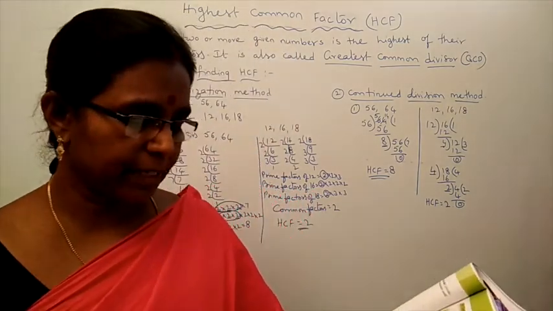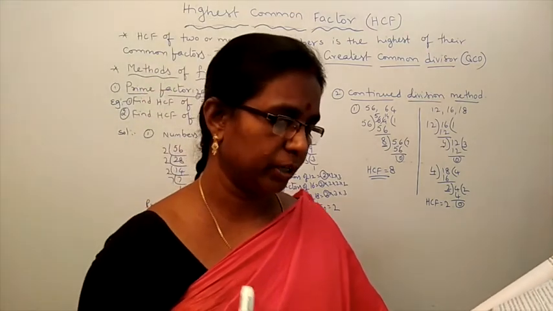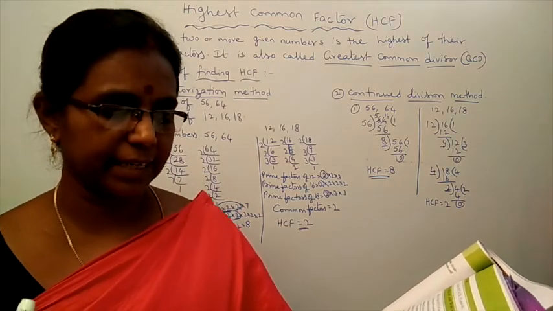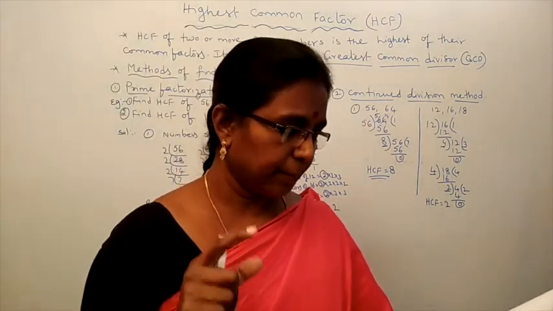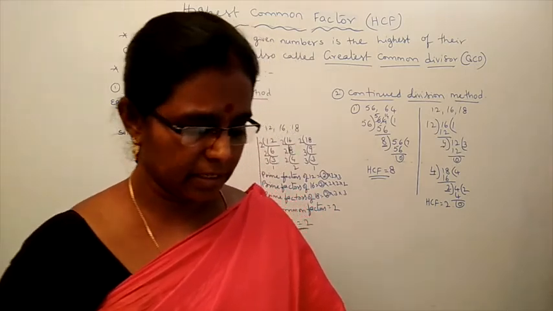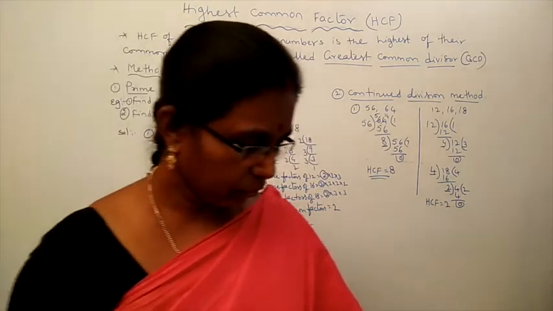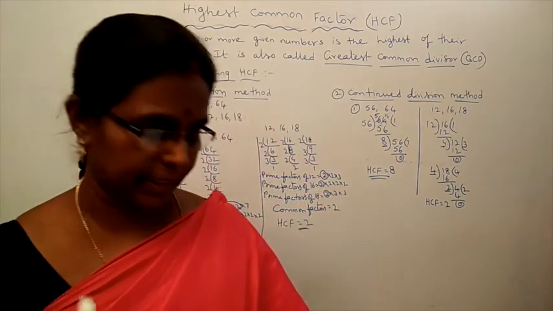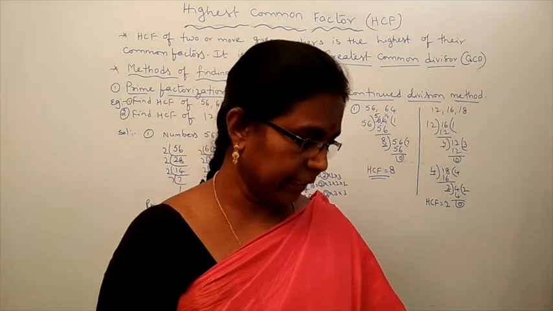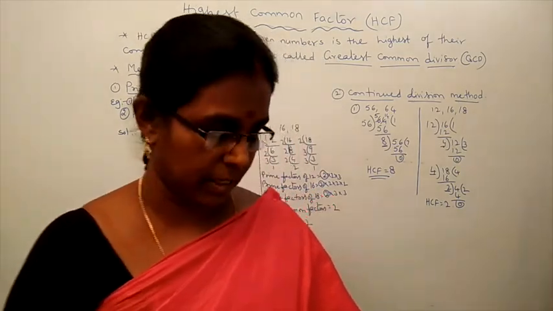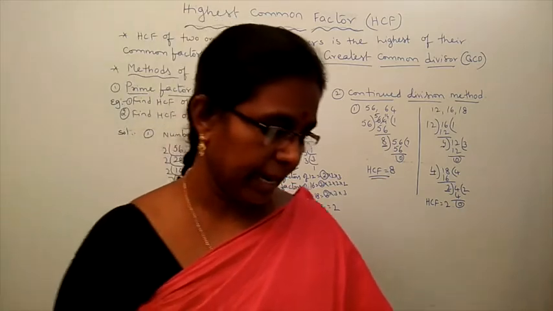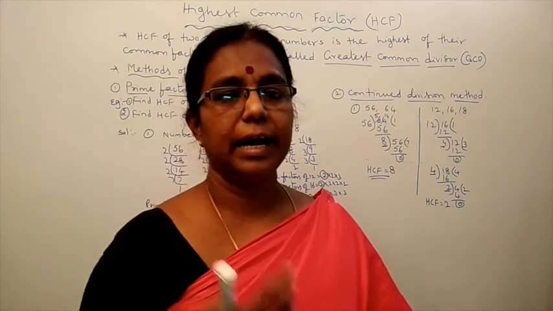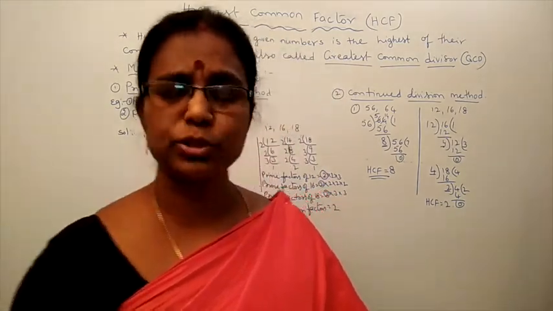Next. What is the capacity of the largest vessel which can empty the oil from 3 vessels containing 32 liters, 24 liters, 48 liters, an exact number of times? See, suppose 3 vessels are there, in which oils are there: 32 liter, 24 liter, 48 liters. If you take one vessel, suppose a 1 liter vessel, then you can take 32 times to empty the first drum, then the second 24 times, and the third 48 times. Like that, you can take 2 liters and 1.5 liter, or so many vessels.